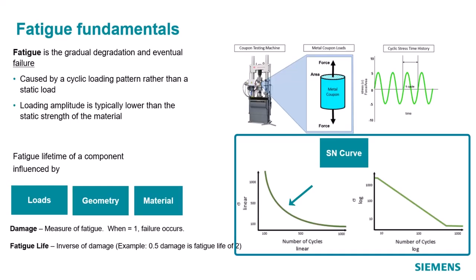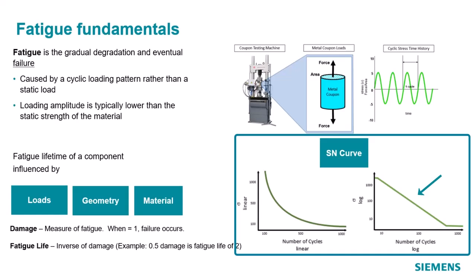Now this is a nonlinear shape. If we put them in a log scale, x-axis in log and the y-axis in log, this curve shows up like a straight line here. And this is what is commonly shown for the stress and the number of cycles. And I say stress, but it can be generalized in terms of the load, to be looked at in terms of acceleration or even strain. You can do that. So this is the shape.